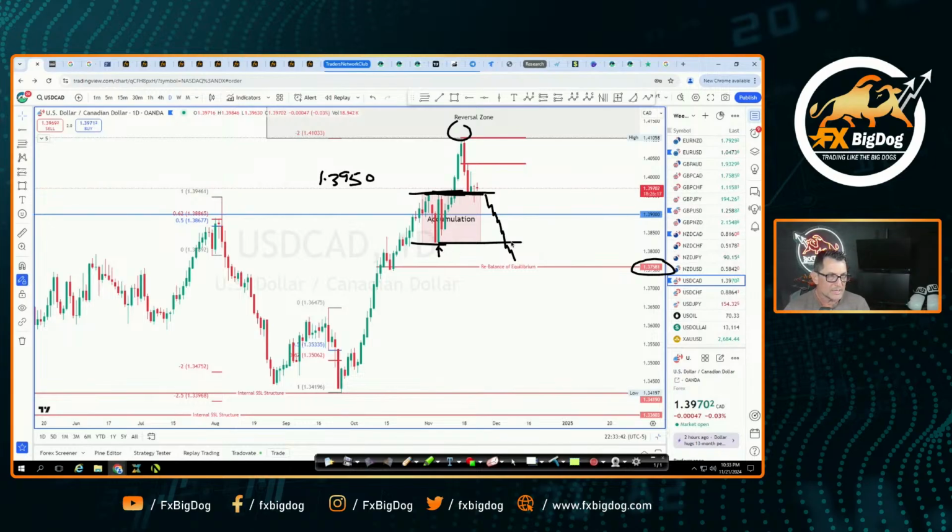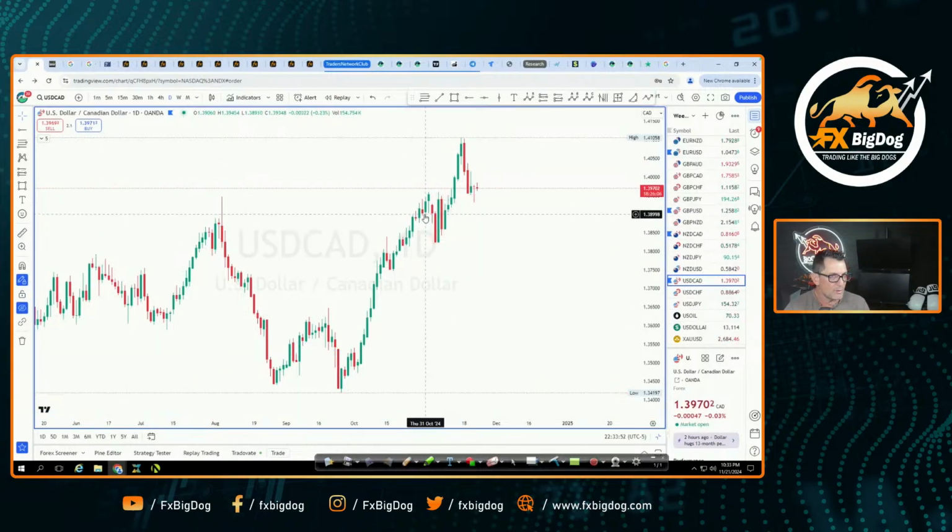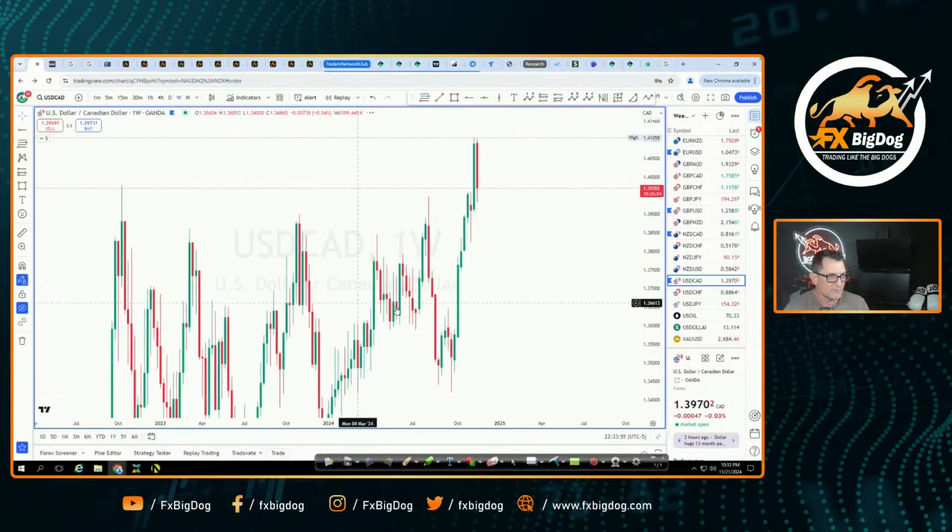Now, when it gets down to that point, let's go into this a little bit deeper on some larger time frames. So I'm going to go ahead and take a look at the larger. I'm going to do some housekeeping here, take all this out of the way, and go up to the high time frame. Look at this right here. This is the weekly. This is fantastic.